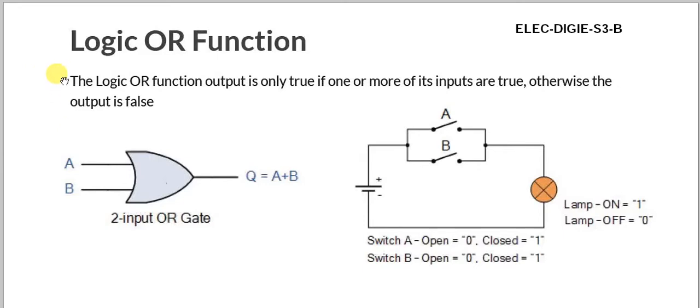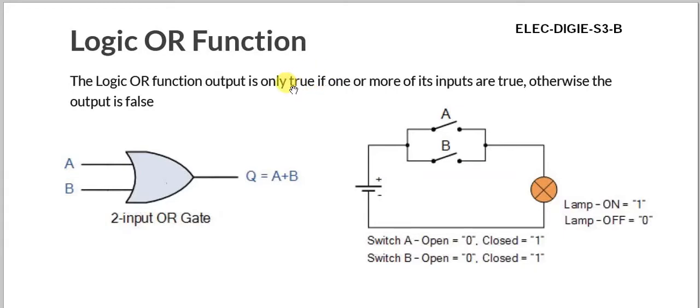So the first logical operation, as already discussed, is the logic OR operation, or logic OR function, or logic OR gate. The logic OR function output is only true if one or more of its inputs are true, otherwise the output is false. We have already defined that the output is 1